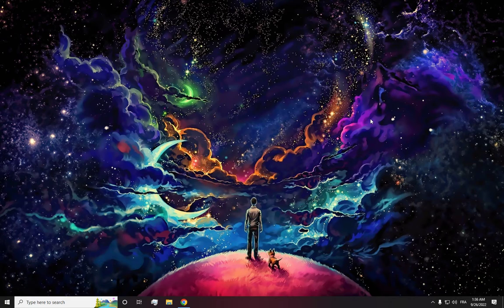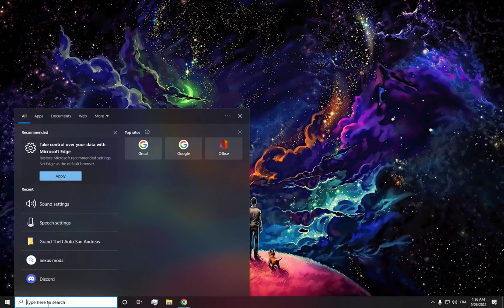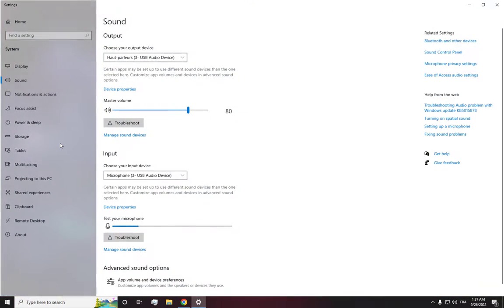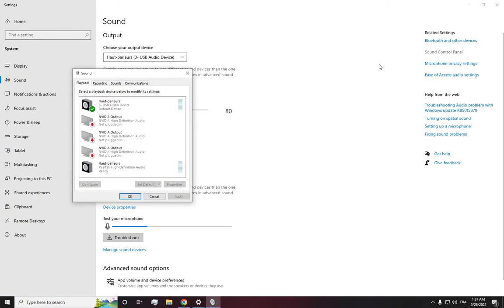Go to your PC. This is the home page. Now go down here on the search bar and search for audio like this. Click on sound settings. It will take you to this page. Now all what you have to do here is click on sound control panel, and after you click on it,